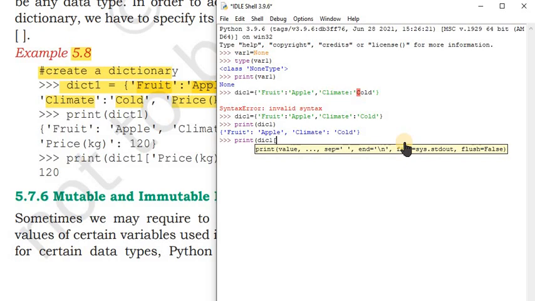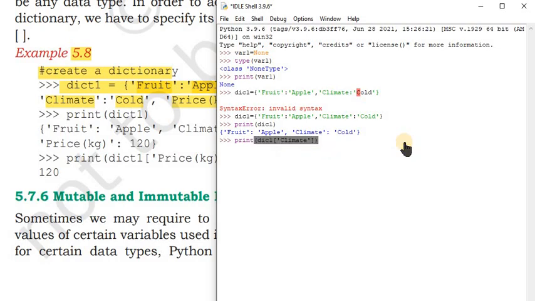Our item is 'climate', close the square bracket, parenthesis, click enter. The value of climate is cold. So our program ran successfully.